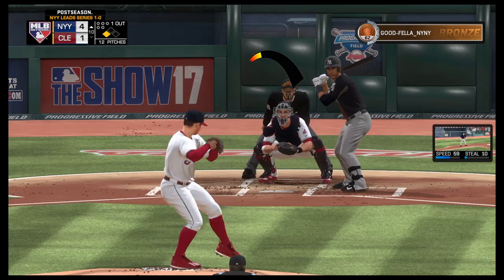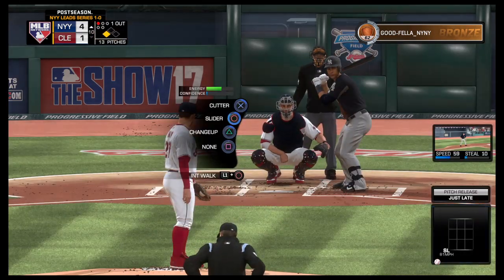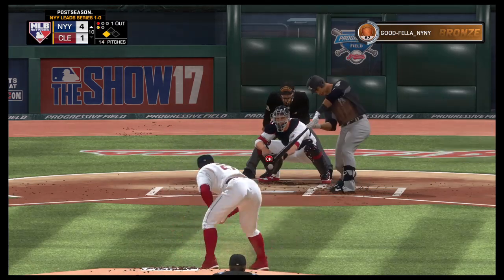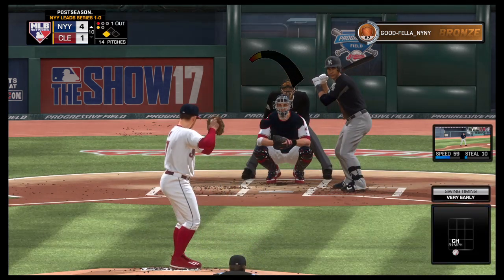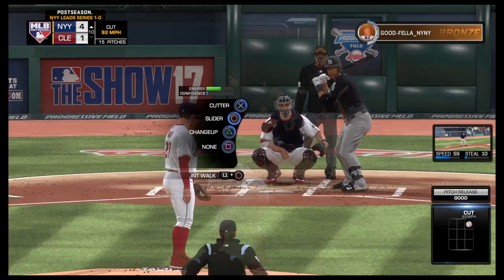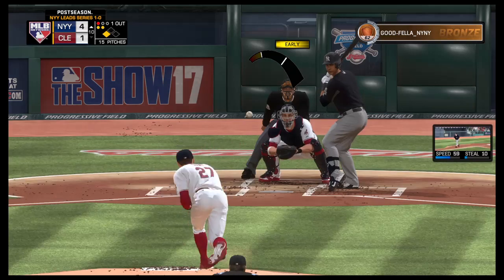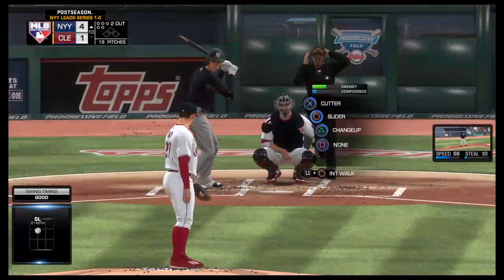Standing in, Gary Sanchez. He's doubled and singled in 4 at-bats in this contest. And a slider's in the dirt as he lays off it for a ball. And he'll try to hold back the swing, but he'll do so unsuccessfully as that's ruled a strike. From the belt, the pitch. In for strike 2. Here's the 1-2 delivery. He got him, and it'll probably take a base hit now to get that runner across